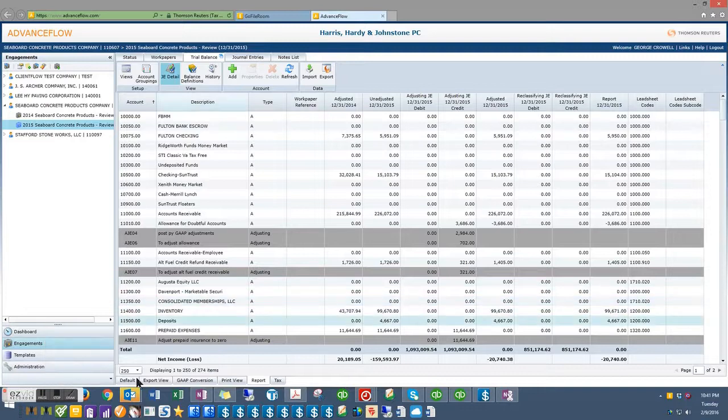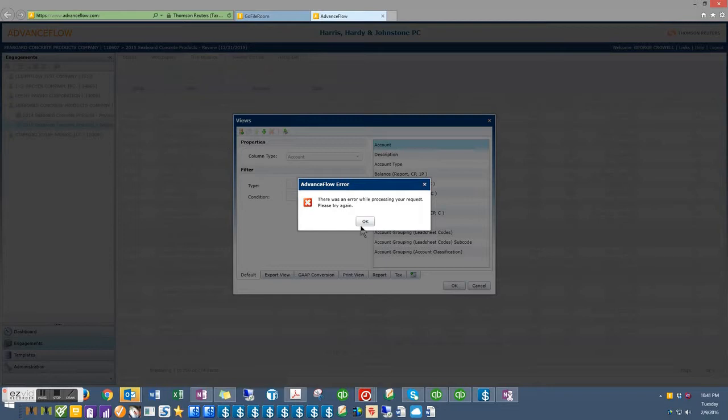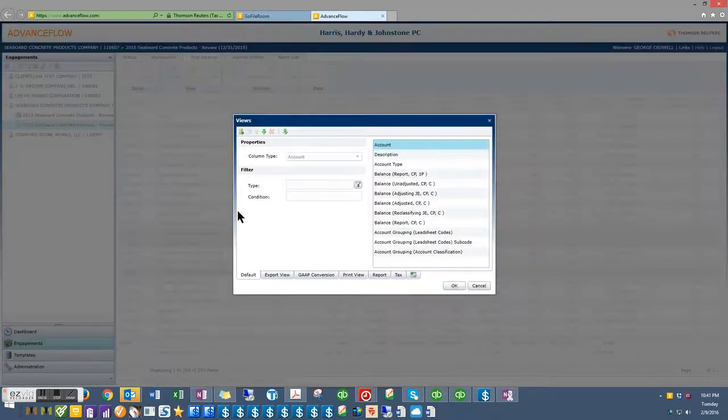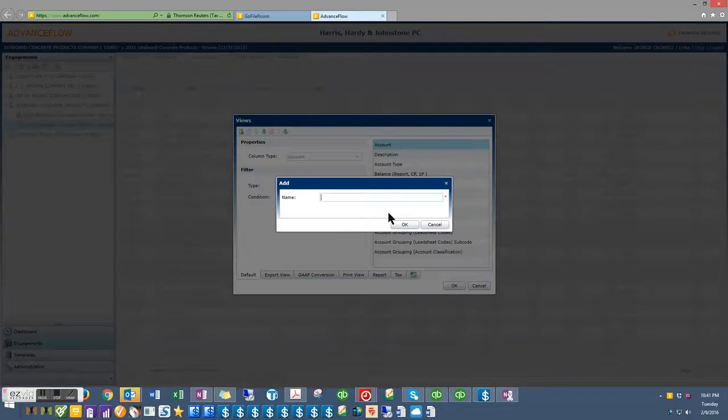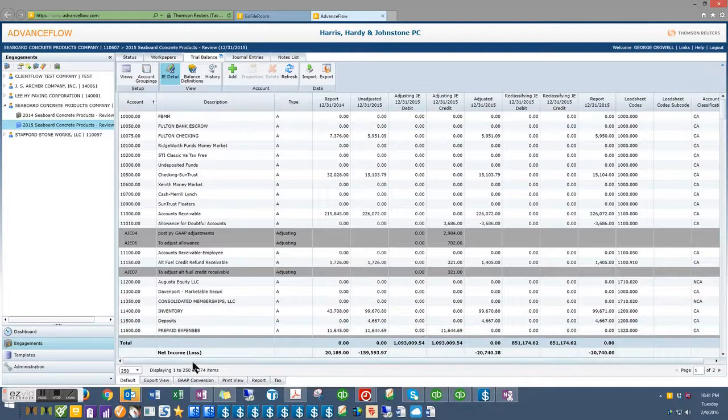If we wanted to change the name of the view, you simply go into Views, and that's the default. So we were playing around with the default, but you can go to a new one and give it a name that you want. As you can see here, I have my print view, which is left over from the previous one. Report and tax are usually the ones that I use most. That creates a tab down at the bottom for each one of your views,